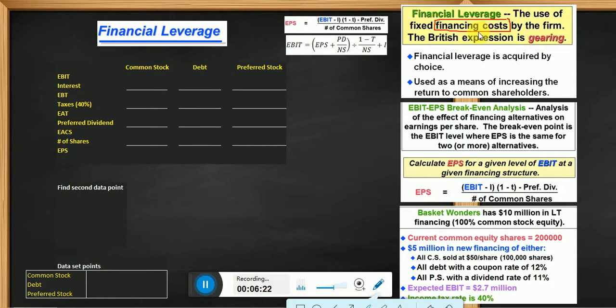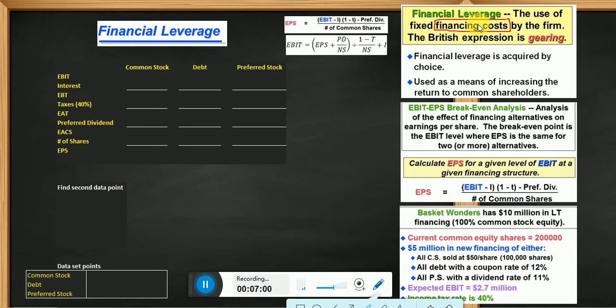So the higher the loan, the higher the return to the shareholder. That is what we mean by leverage. Why? Because by having debt, there is some benefit to the shareholders, and that benefit is what we mean by leverage. In operating leverage, if you remember, when we were using the fixed operating cost, the proportional change in the profitability was higher. But in financial leverage, when we include debt in our financing, then that increases the return to the